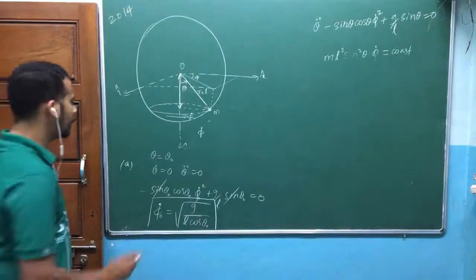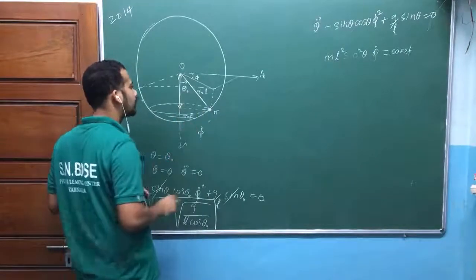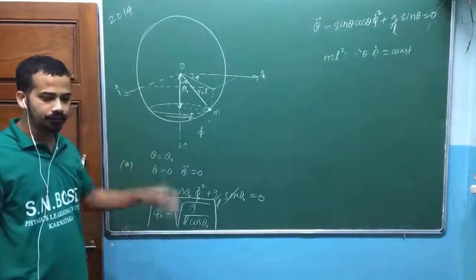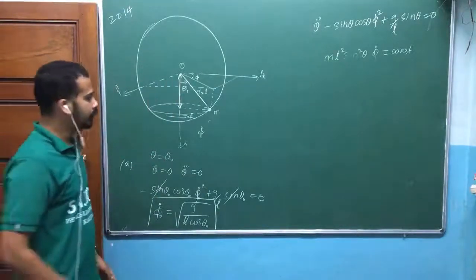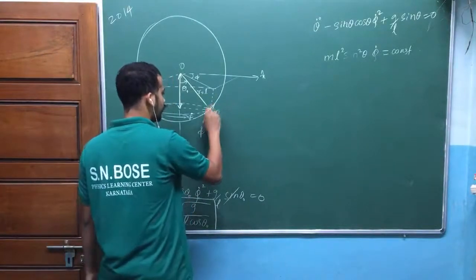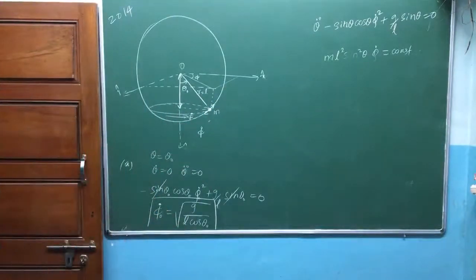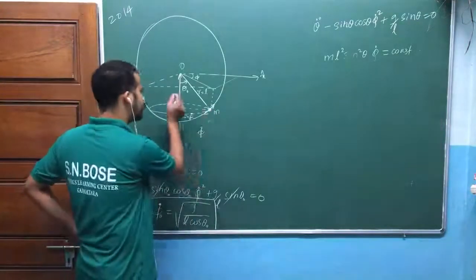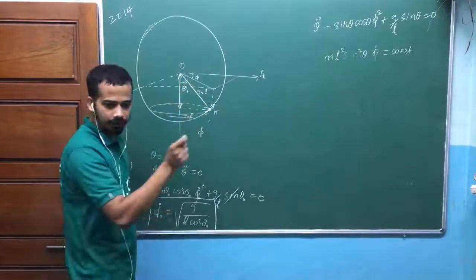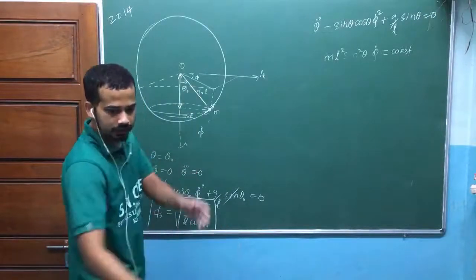Now when this mass moves on a circle, this kind of circle with a constant angle theta naught, from the point of view of theta it's a kind of equilibrium. If you try to change this theta by giving some kind of disturbance, it will try to regain theta naught and it will do a small oscillation. Theta will change about theta naught by a very small angle, and it's going to do a kind of small oscillation. So that's the next part of the question.